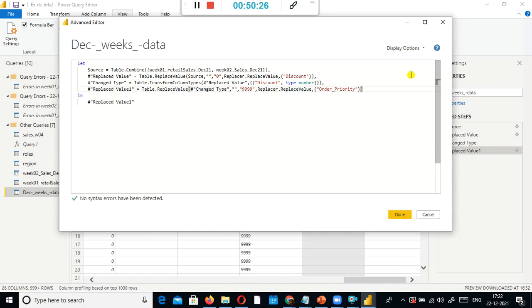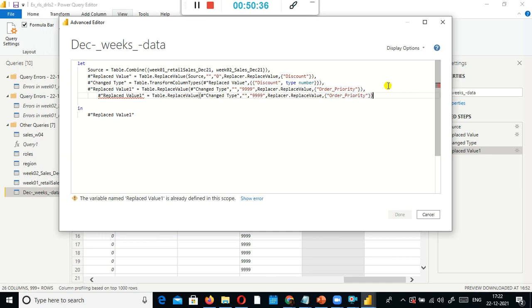You select here, put a comma, and then add Replaced Value 1. Press enter, then Replaced Value 1, and adjust it. Here you just put Return. I copy it for my sake, and Replaced Value 1 is already defined in this scope.